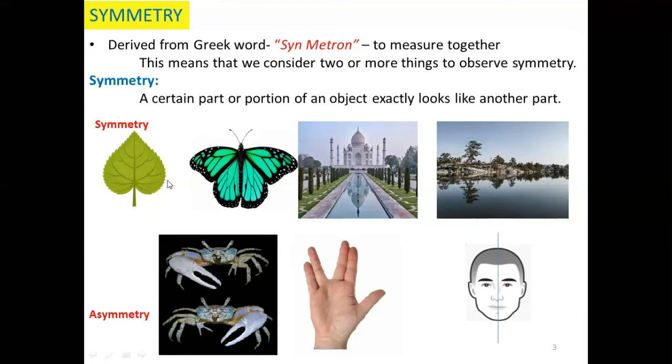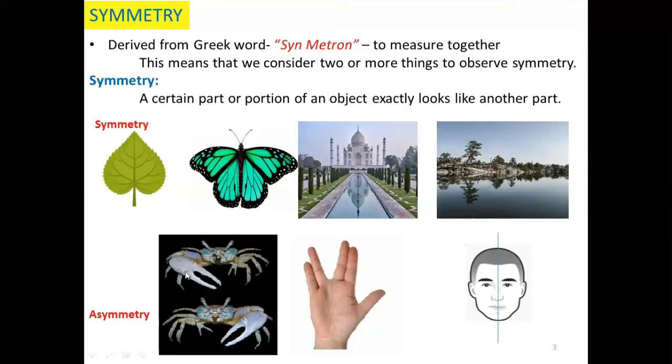So certain objects may have higher order of symmetry, and certain objects may have lower order of symmetry, meaning very less symmetry is actually found. So here in this case, we could see that a picture is found to have an image which is being reflected in the water. So it has only the plane of symmetry. But in this case, reflection is also found, as well as when we draw a line of symmetry by having a flipping action, this portion will be exactly matching with this portion. So it has a higher order of symmetry.